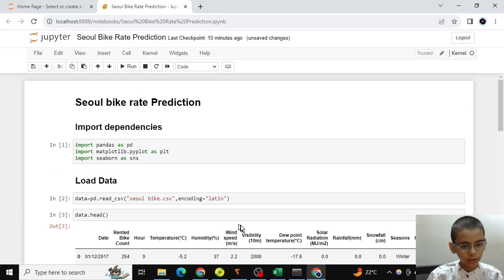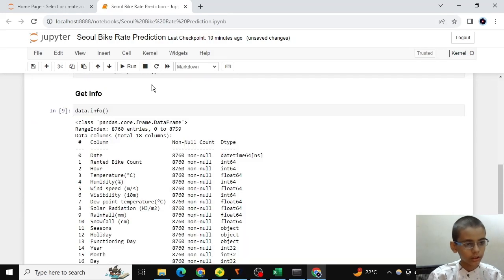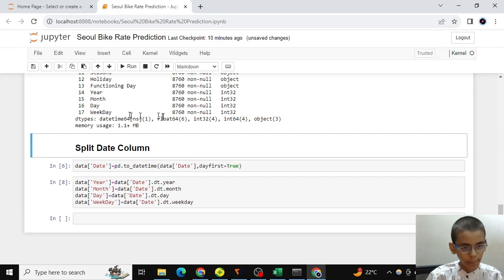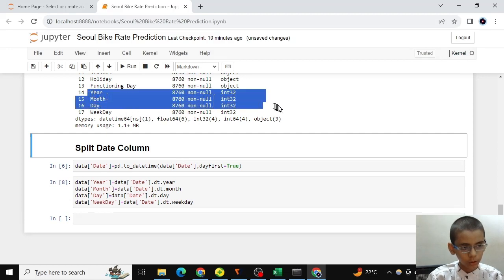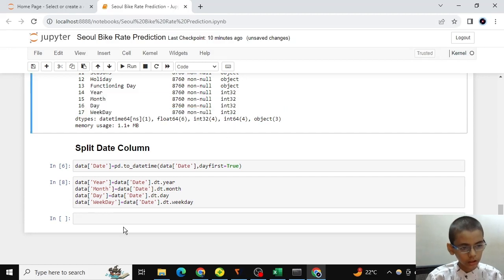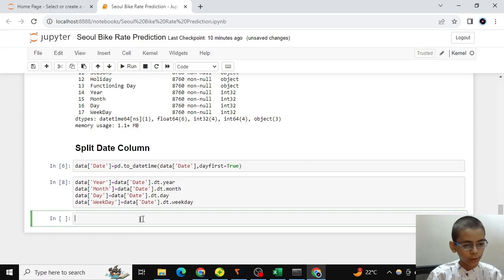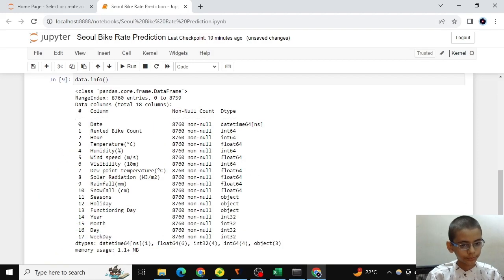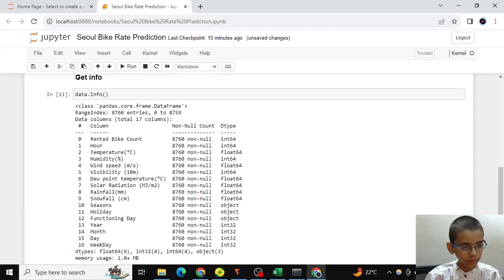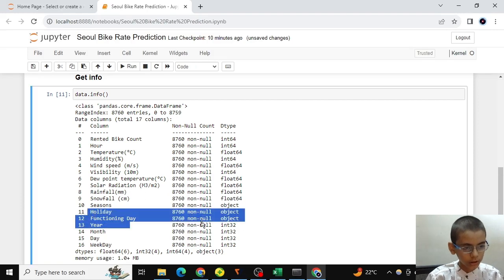It is executed. Let's see our detail. Here we have 4 columns added and we can drop our date column. Our date column is dropped.